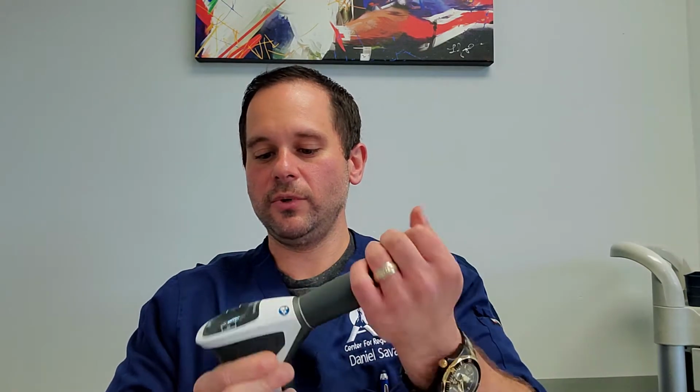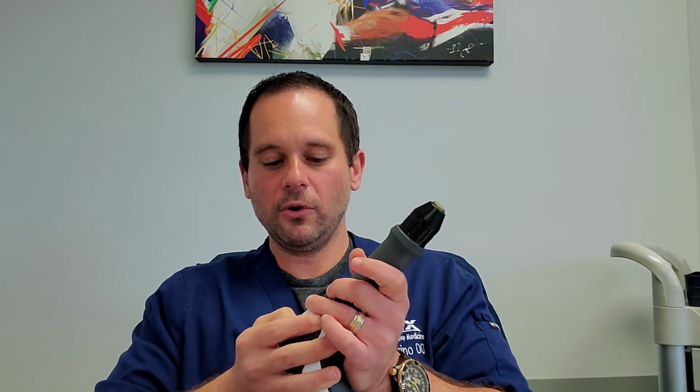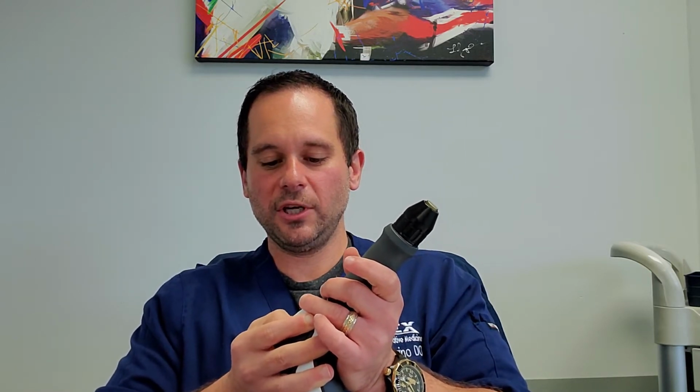Then what we would do is we would set this very low at first. Our goal is to actually create a little bit of discomfort. We want about a 6 out of 10, because that tells us that we're in the right spot. And then basically what we do is it creates this percussive force, almost like a little jackhammer. So we do this part, and then when that's done, we actually switch the heads, and then we put on